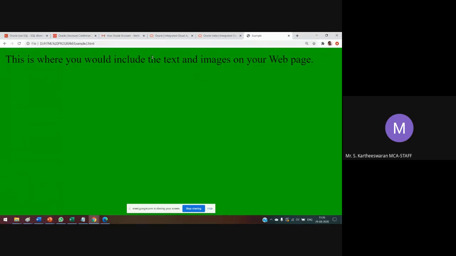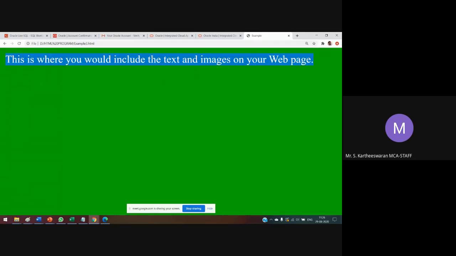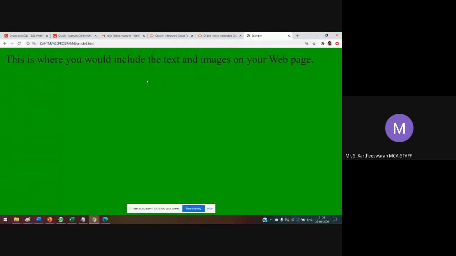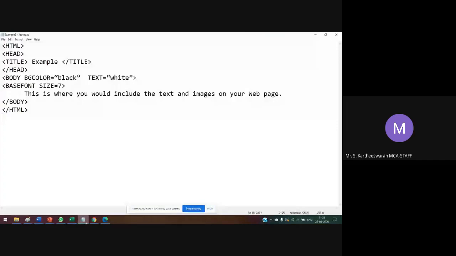Here the text color is shown as black color and the background color is green color. But we wrote here BG color is black, text is white. Why?